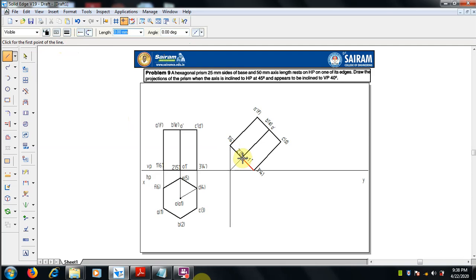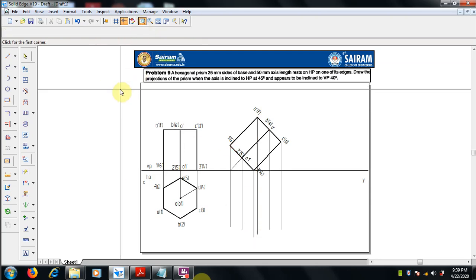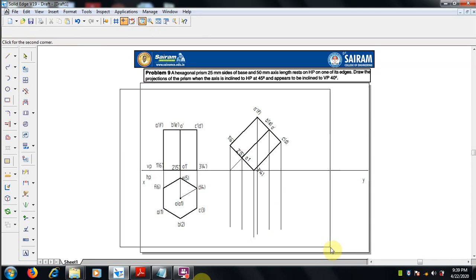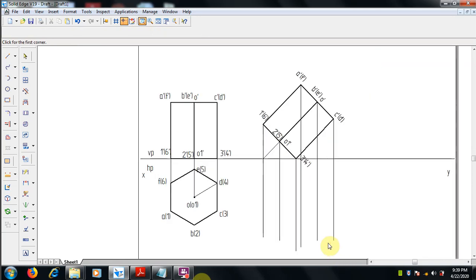Okay, for drawing the top view after the inclination, we have to make project lines from each corner, so that we will get the view.